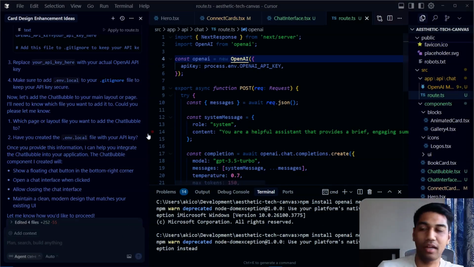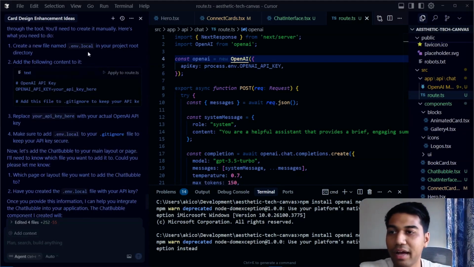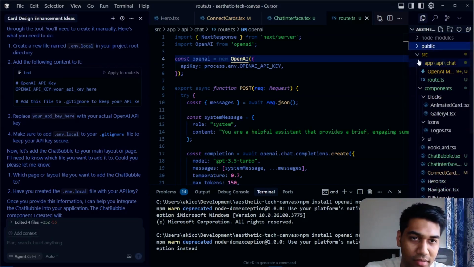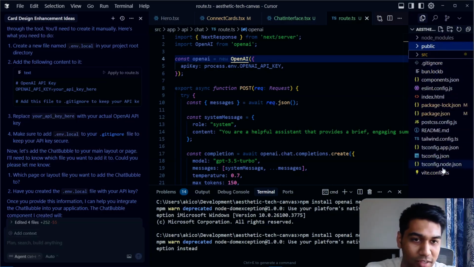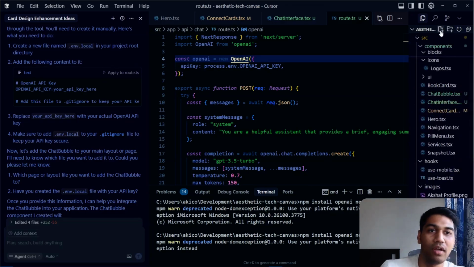So you see, again, there is another issue coming up here. You can see that here. I asked it to create the .env file itself, and it is not able to do that. And we have to go ahead and create it ourselves, right? So go to the root file, which is technically this whole thing. And then I'm just going to create, and I just want to see if there is already something created. It's not. I'm just going to create